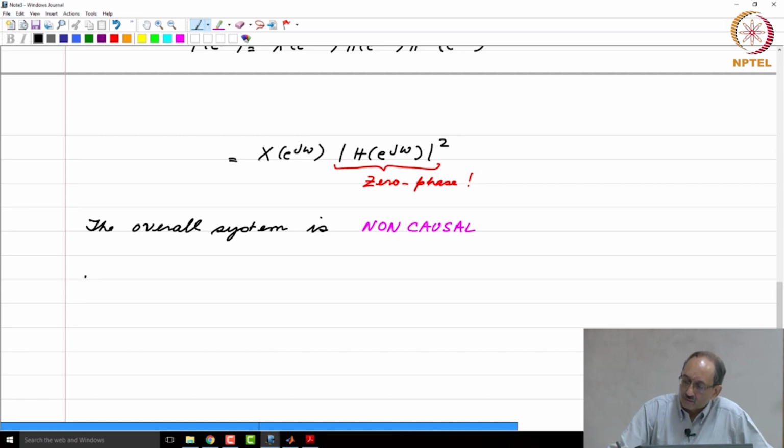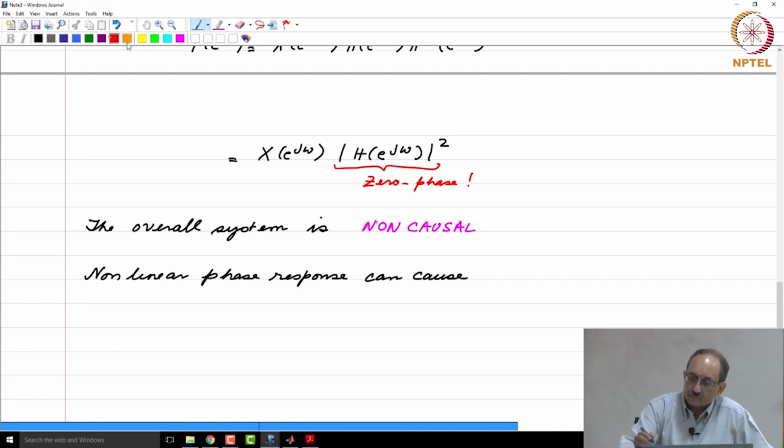So, the nonlinear phase response can cause wave shape distortion